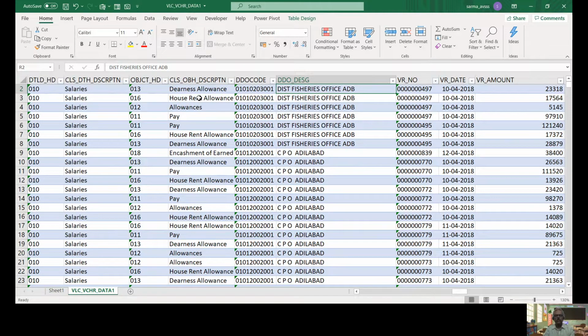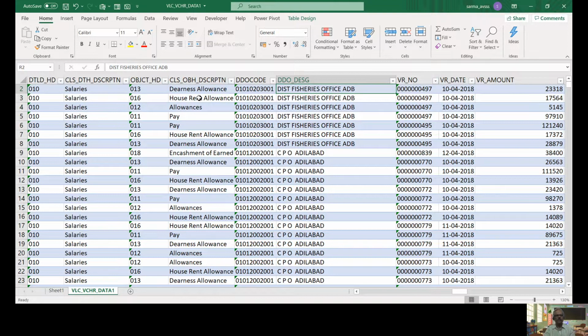Okay, so these two fields we are taking for the purpose of analysis. That means we are trying to analyze the data based on the DDO, and we are trying to observe the patterns on each object head. So this is our criteria for analysis. Okay, I think the existing practice in every AG office is that they use some sampling